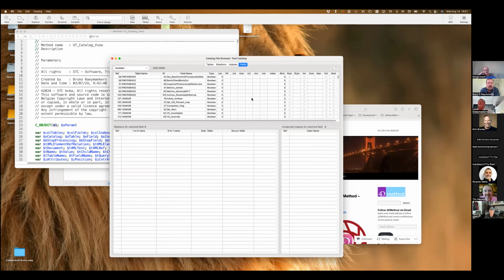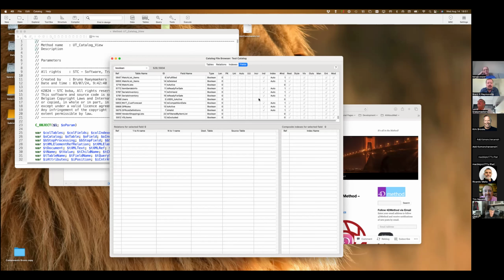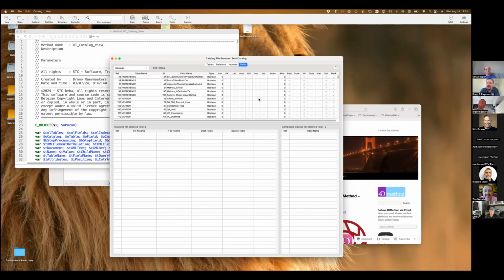Now, you had a specific purpose for creating this tool. Yeah, I started doing this a couple of months ago. We had a problem that we discovered was related to composite indexes. It made basically the database crash whenever you quit the database. That was the problem. And it took us a while to find what the real cause was.